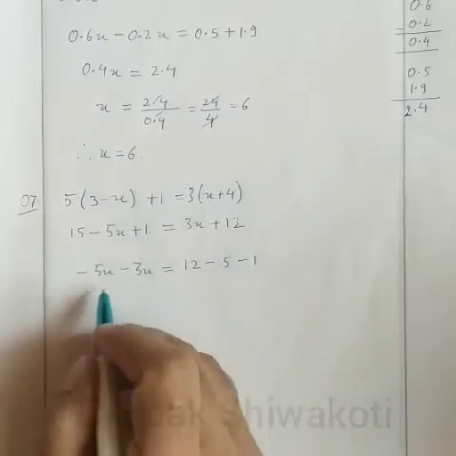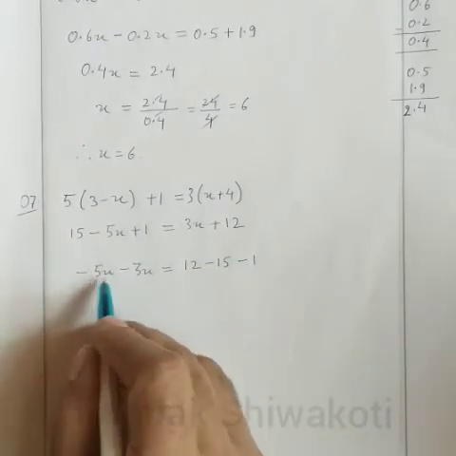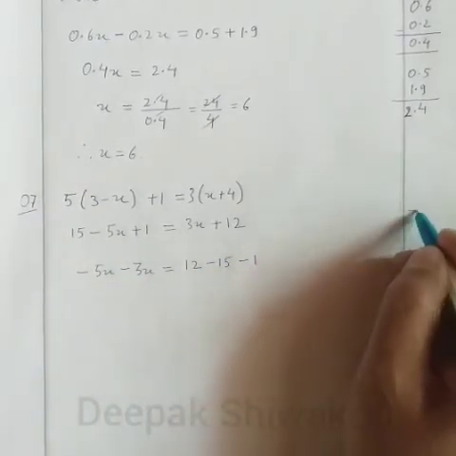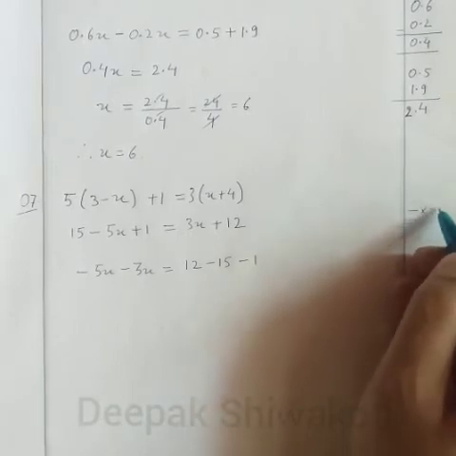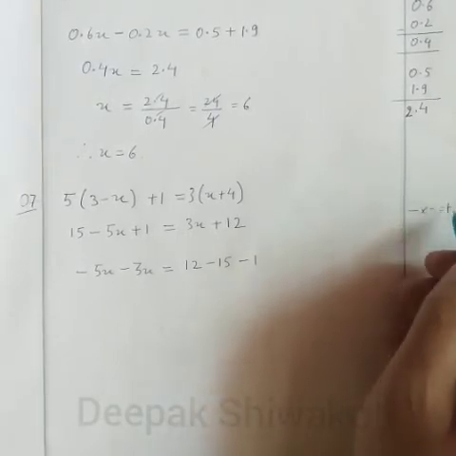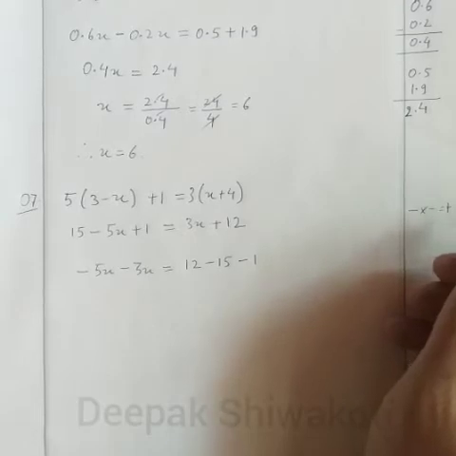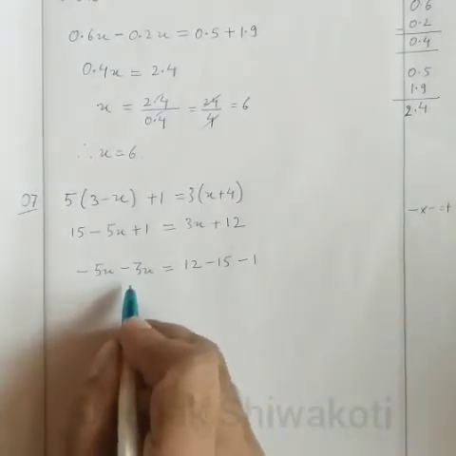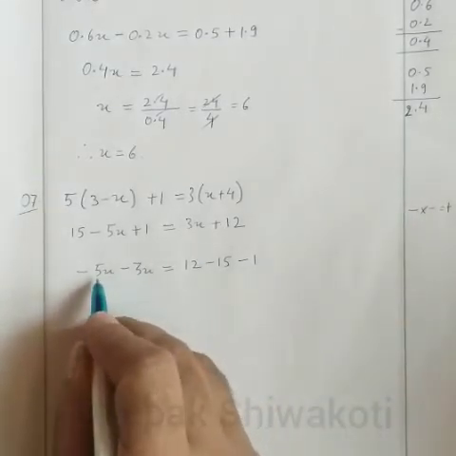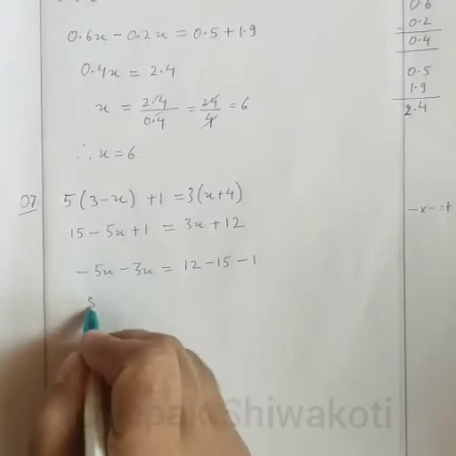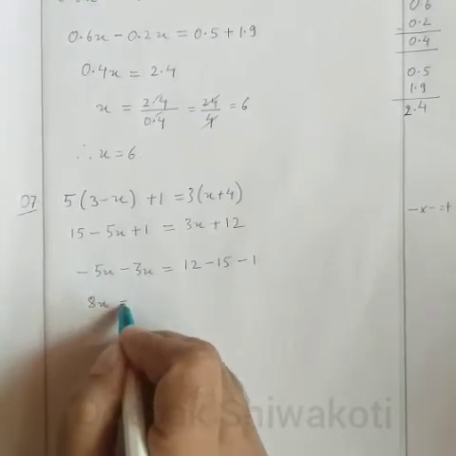Okay, so here you need to add minus and minus. Minus into minus, what will it do? Plus, isn't it? So minus into minus we have to add. That means 5 plus 3 is 8x, and